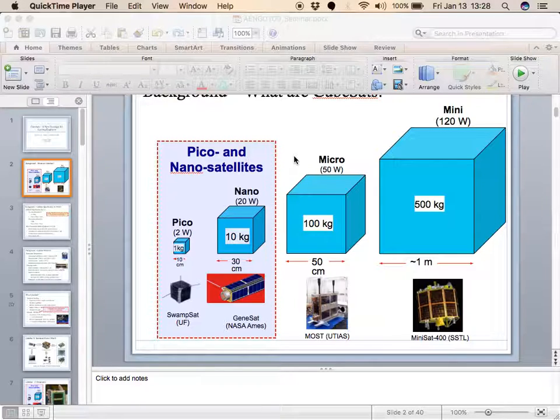What is the mass of the satellite? What is the limitation of mass? Less than 1.33 kilograms. Okay? And the other aspect you're seeing there,